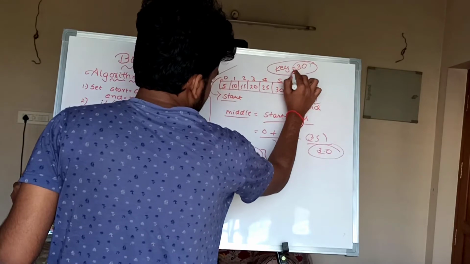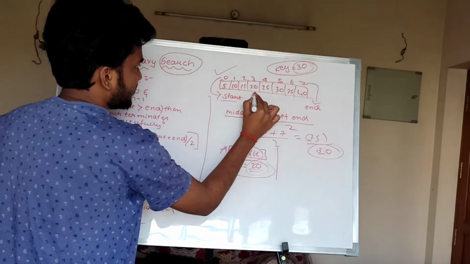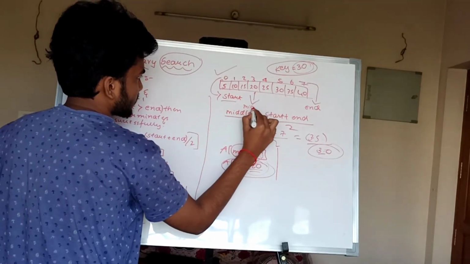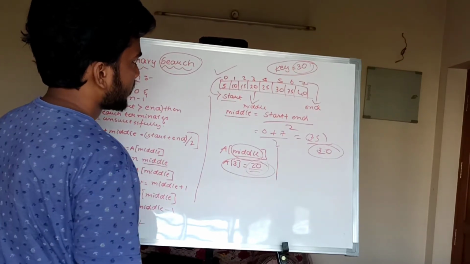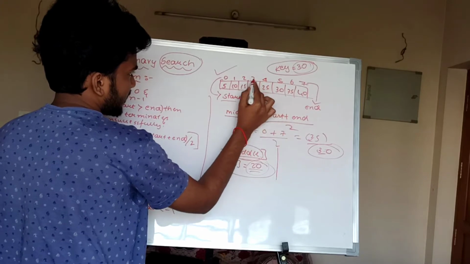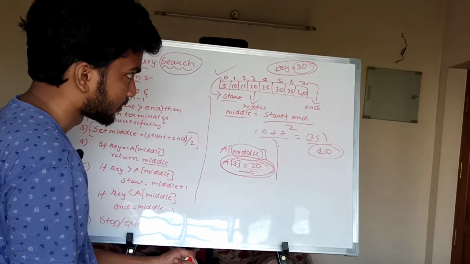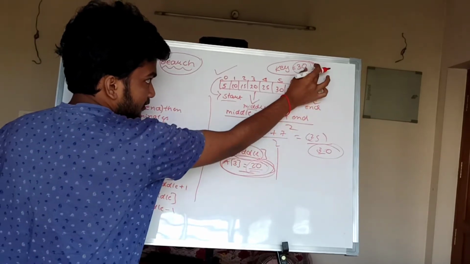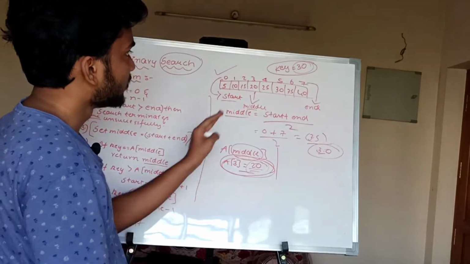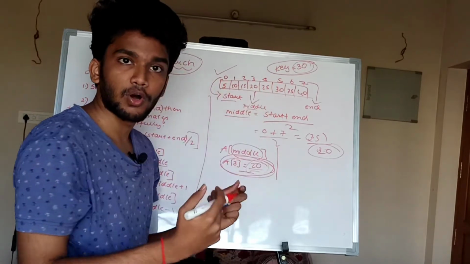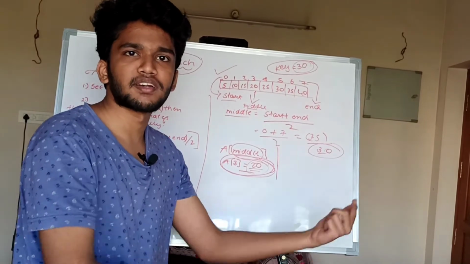Now the key is 30, and the middle value here is 20. This is the middle element. Now we will compare the key value with this array's middle element. When we compare, obviously the key 30 is greater than 20, so we will leave this portion, and I don't want this portion, because we know that this is a sorted array and we can proceed further and perform our binary search there.